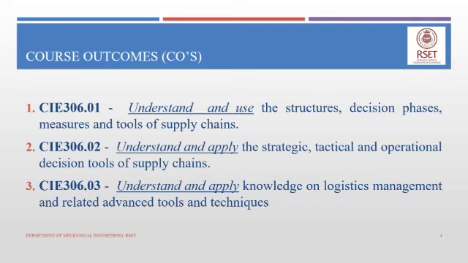The second course outcome expectation is the ability to understand and apply strategic, tactical, and operational decision tools of supply chains. And the third course outcome is the ability to understand and apply the knowledge of logistics management and related